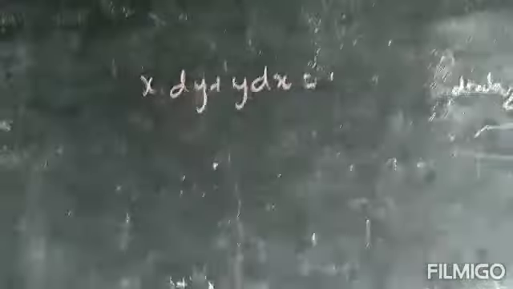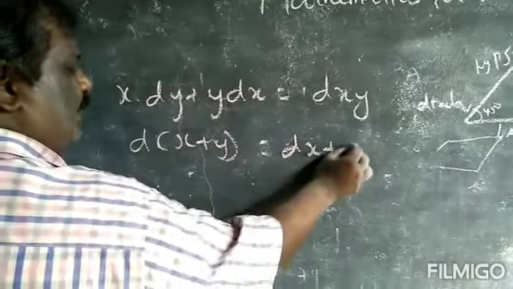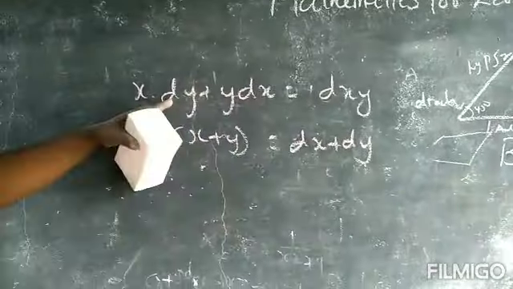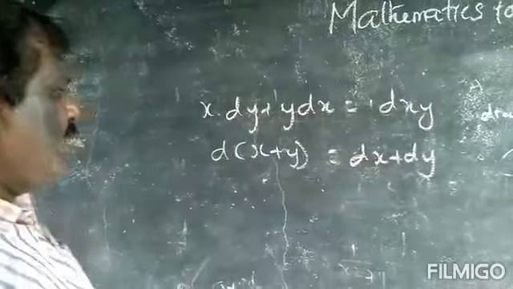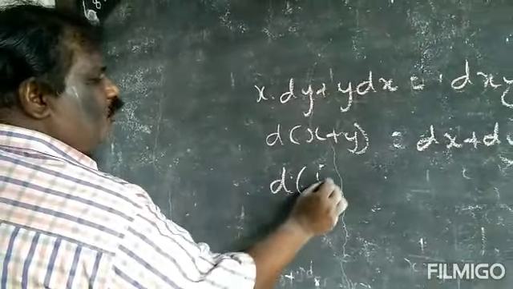So d(x plus y) is equal to dx plus dy. x dy plus y dx is equal to d(xy). Thereafter, d(y by x) is equal to